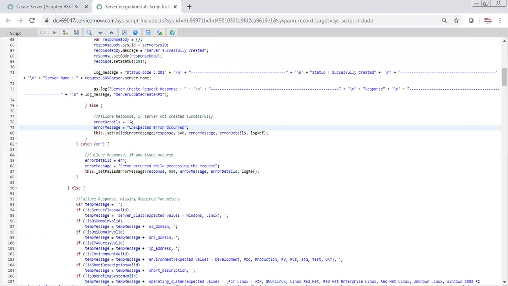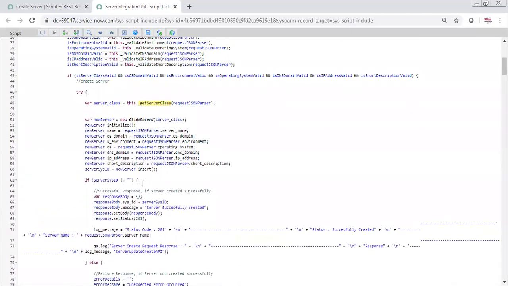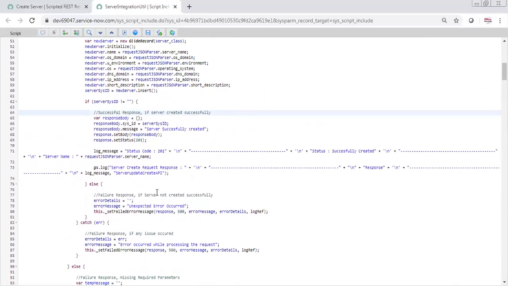So what we are trying to do is create our API as robust as possible, so that if a record creation fails, you can track why it failed, till where our code ran, till where the API was successful, and where it failed. Then we call the same error message, and as it's a kind of server error, we are sending 500. Then if the record is successfully created, we are sending a successful status, a successful response, that the server is created successfully.